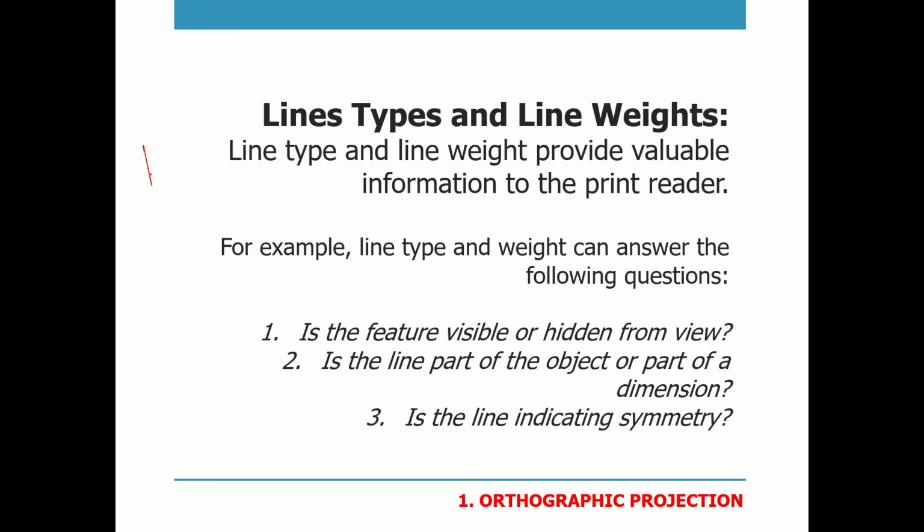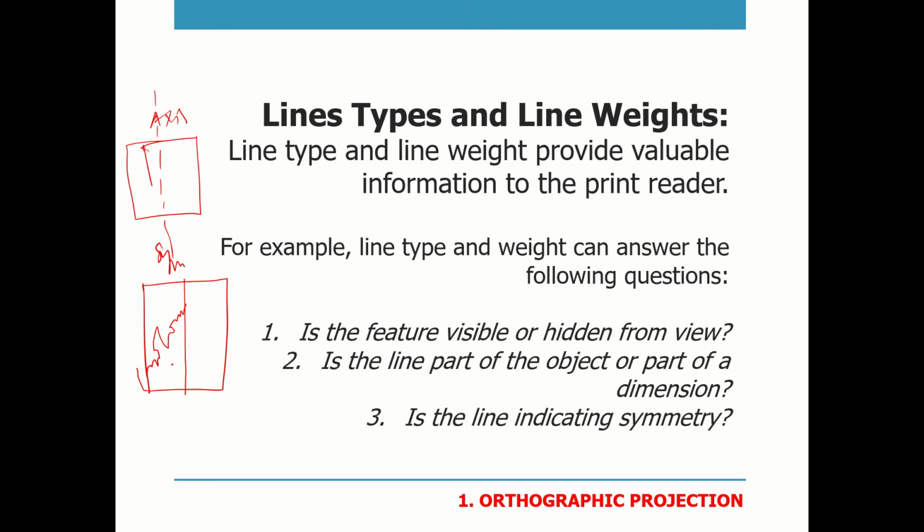Sometimes what we do is we use just an imaginary line showing this is the axis, or it can be a symmetrical line. Which means, for example, let's say you draw only one half like this, and you say that it is just a mirror image of side A.